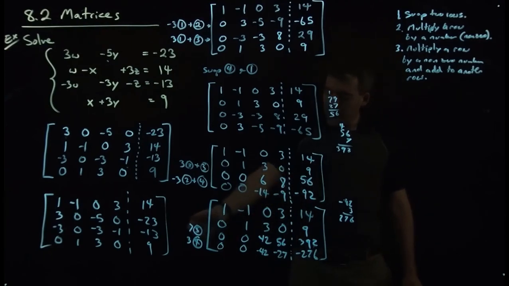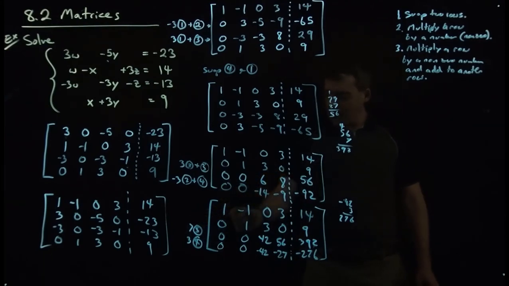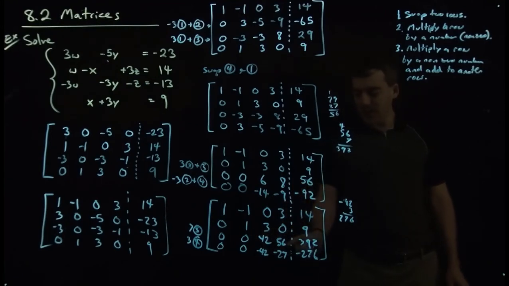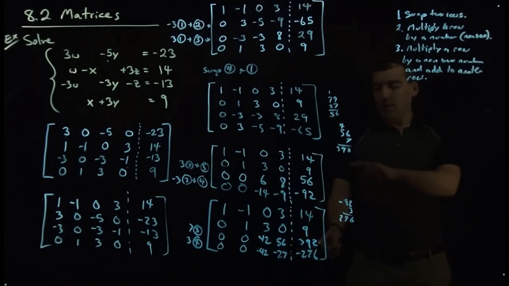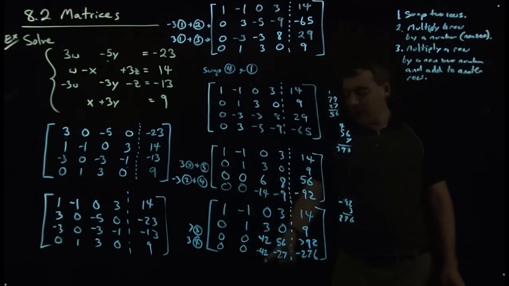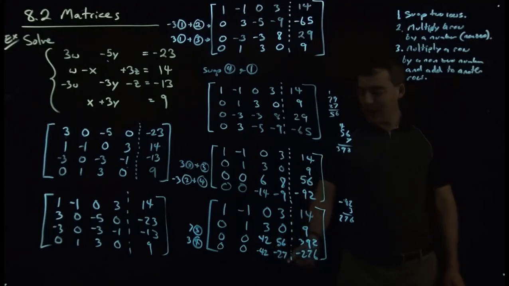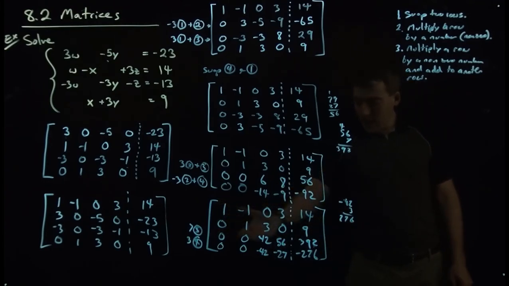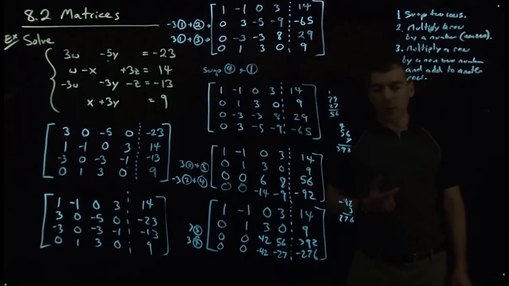And so I went ahead and multiplied the third row by 7. So that's 0, 0, 42. 7 times 8 is 56. And 7 times 56 is 392. We multiply 3 by the fourth row. 0, 0, -42, -27, and -276. All right, now that they have opposite coefficients, we can add the third row to the fourth row, and we'll get